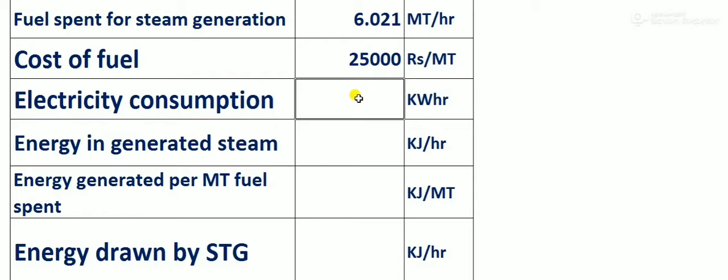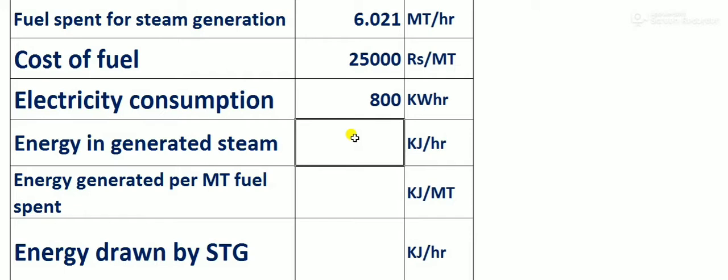So for the cooling tower operations, for electricity, for the lighting power, and for the boiler FD fan, whatever the electrical consumables, here we spend around 800 kilowatt hour. And the energy in the steam generated streams. Actually, what we want to do is convert the energy, for unit energy, for unit kilojoule, what is the cost?